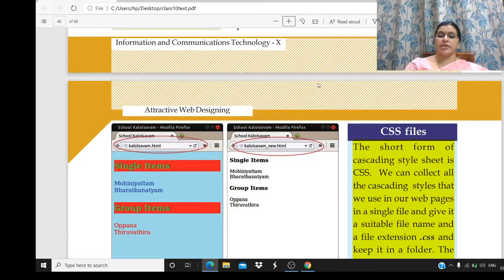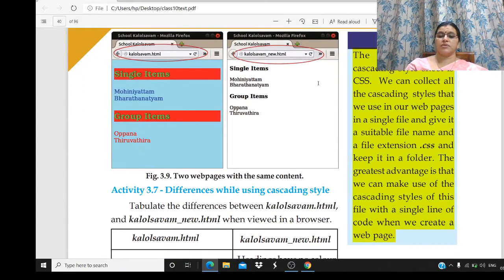That is the thing written in CSS files. Is it clear?